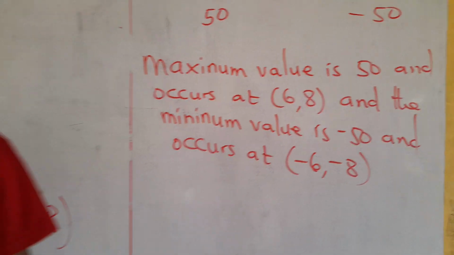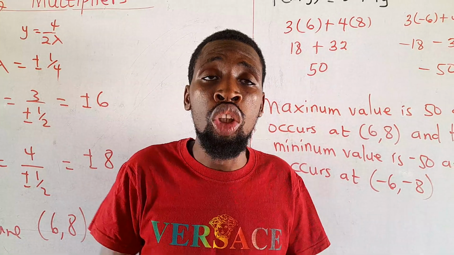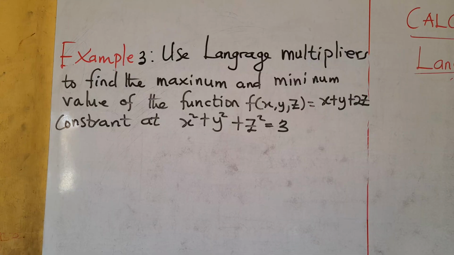We'll solve one more example on a function that depends on 3 variables so that you have a full arm. So we'll solve our last